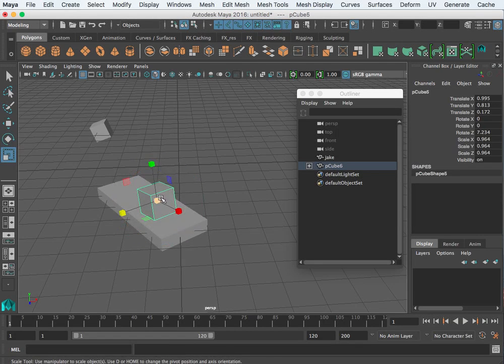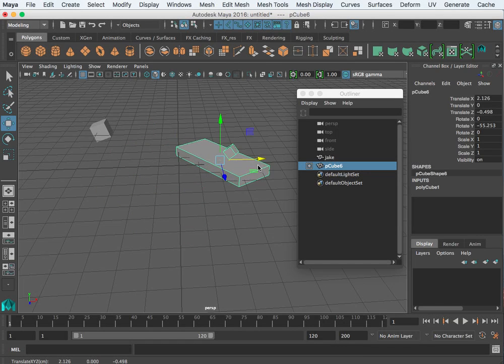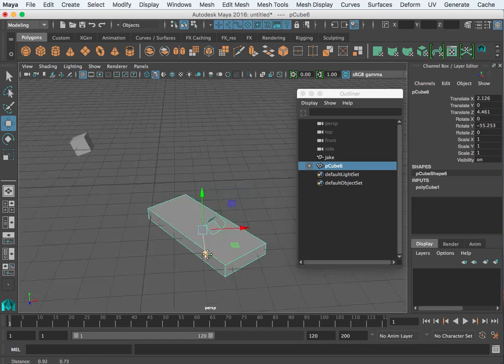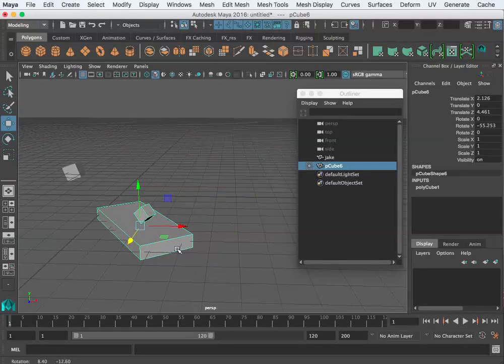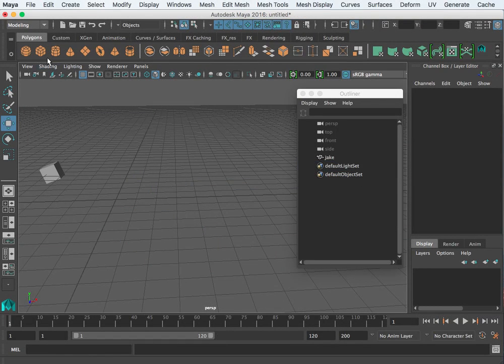However, that child is independent. It can be scaled and rotated however it wants, but anytime that parent goes somewhere, it's going to take that child with it. Now, when would you use this? Well,